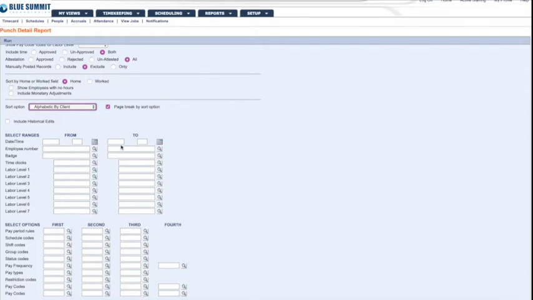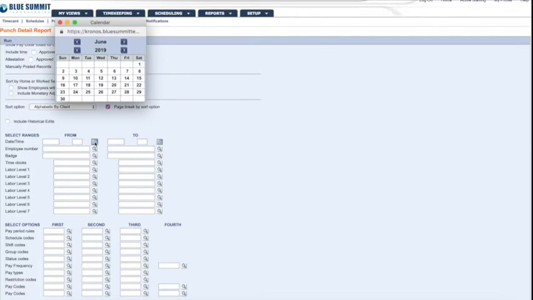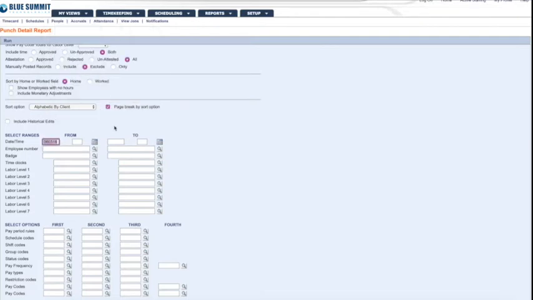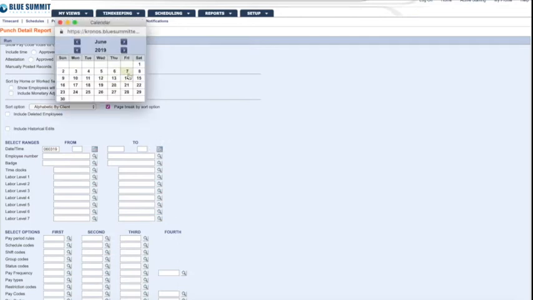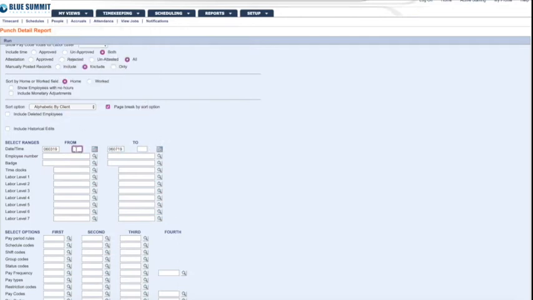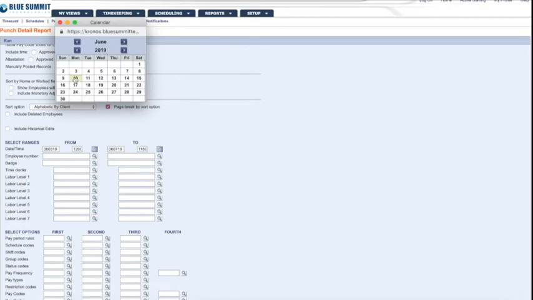If we leave the dates and times blank, then it'll run for the current pay period. If you'd like to do a previous pay period or a specific date range, you would come here, select the dates that you're looking for, and then you're going to want to type in 12:00 a.m. to get the beginning of the day and 11:59 p.m. to get the end of the day. Just going to select this previous week